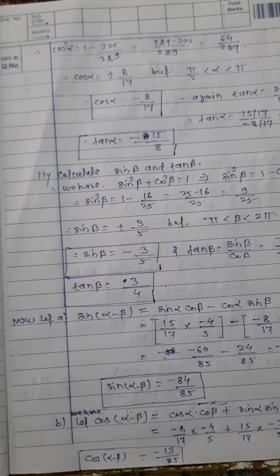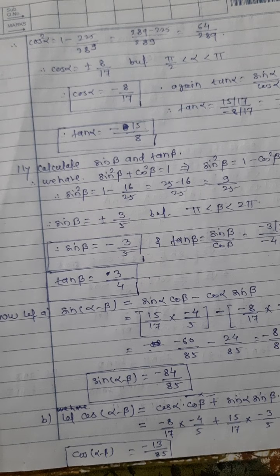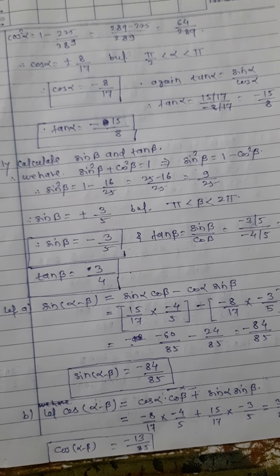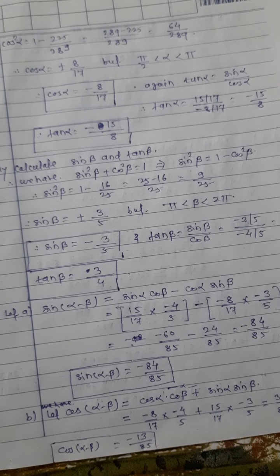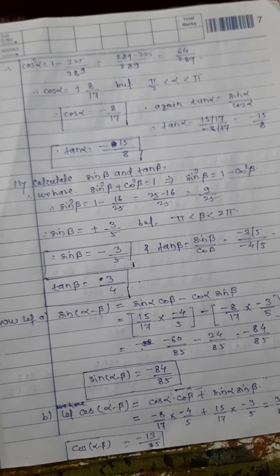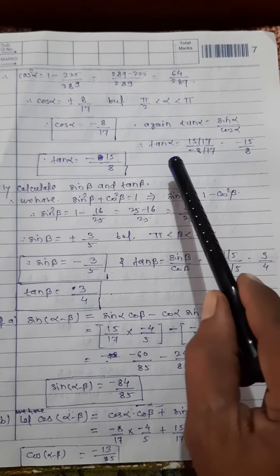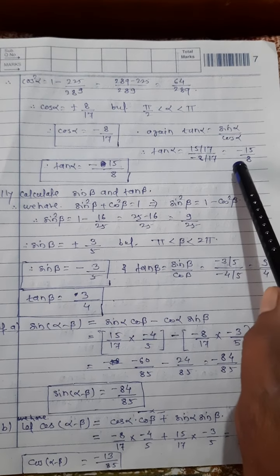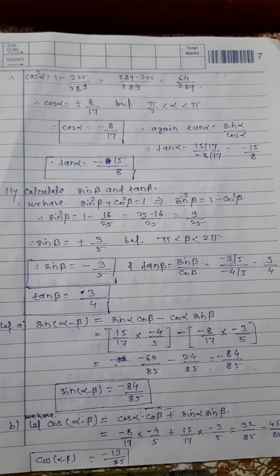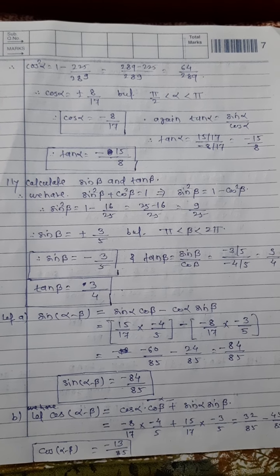And so therefore, taking square root to both sides, cos alpha is equal to plus or minus 8 upon 17. But our alpha is lying in the second quadrant, and in the second quadrant the cos ratio is negative, and therefore we take cos alpha is equal to minus 8 upon 17. This is the first required value. After this we calculate tan alpha. Tan alpha is equal to, you know the formula, sin alpha upon cos alpha, and therefore tan alpha is equal to 15 upon 17, this is the value of sin alpha, divided by minus 8 upon 17. 17 gets cancelled. Final answer is minus 15 upon 8, and therefore tan alpha is equal to minus 15 upon 8, the required value.